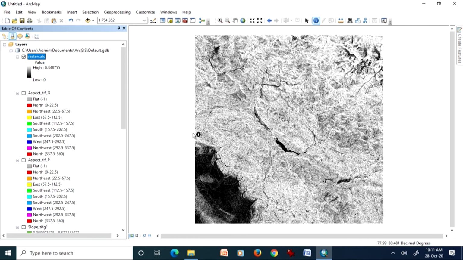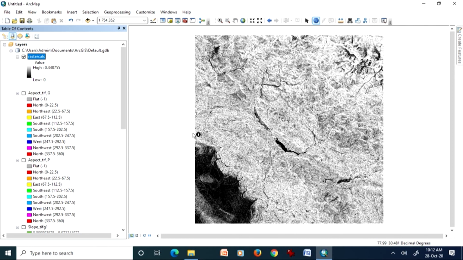Image differencing or ratio techniques are very popular in digital image processing of satellite data, but because this is also raster, a similar concept can be employed.